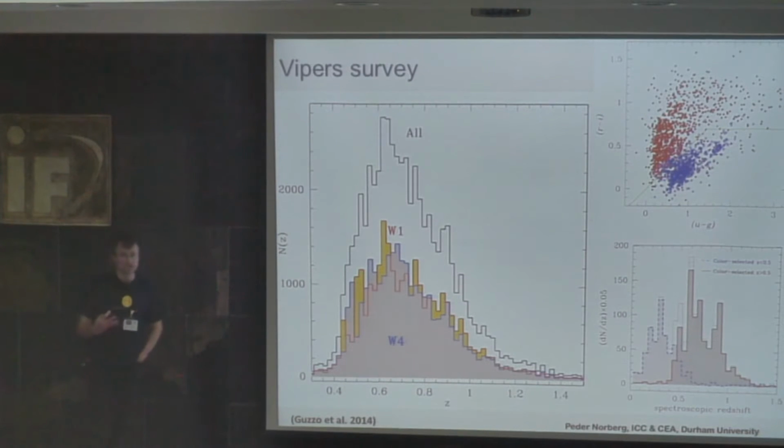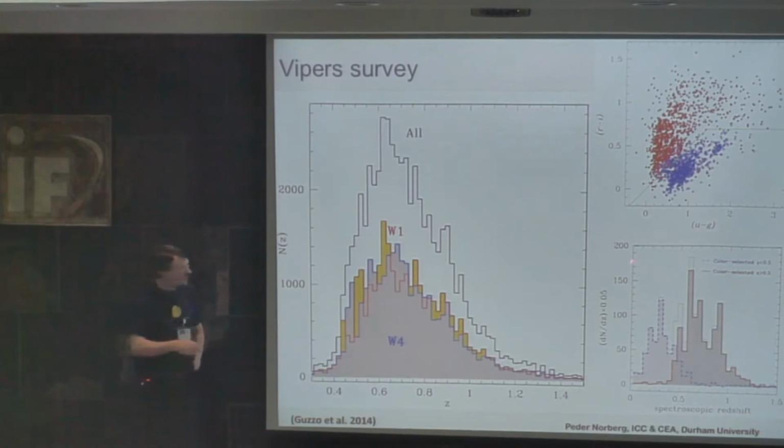Now this is great for cosmology, because that means I don't need to spend a lot of time on objects down here, which would dominate my sample in numbers, whereas I can actually focus on those I'm interested in, because this is the redshift range where I want to do my cosmological measurement.